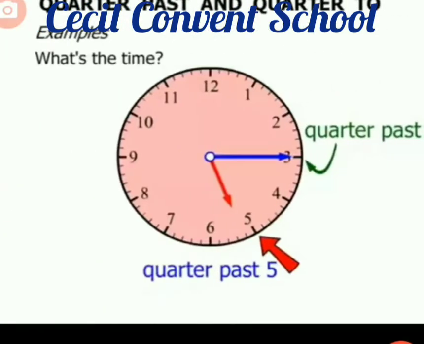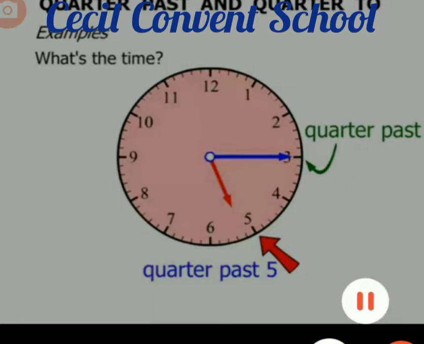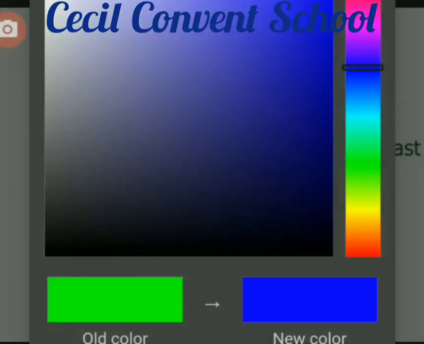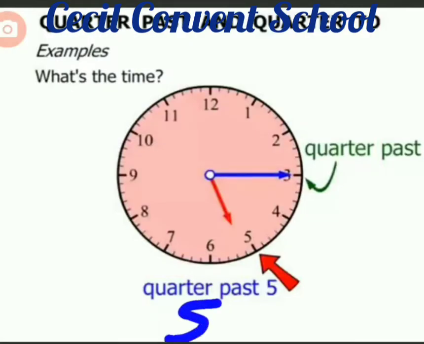Now see this one. What is the time here? See the smallest hand. It is between 5 and 6. Clear? So we will write 5. Then see the bigger hand, it is on 3. It means 1 division is equal to 5. Then 3 divisions, the third number will be equal to 15, because 3 fives are 15. So it will be 5:15, or you can say that 15 minutes means quarter.